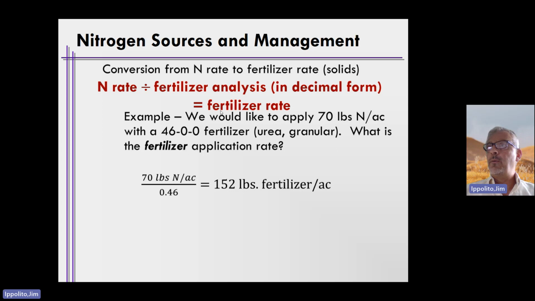So we would like to apply 70 pounds of nitrogen per acre. Let me stop there for a second. 70 pounds of nitrogen per acre. Where does this number come from? This number comes from a producer or scientist pulling soil samples from a field and analyzing that soil for the amount of nitrogen that's present in inorganic form, likely the amount of organic matter that's present, and a target yield